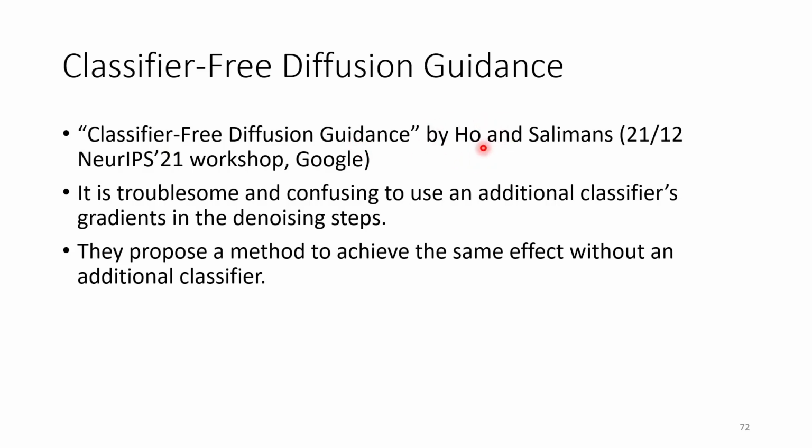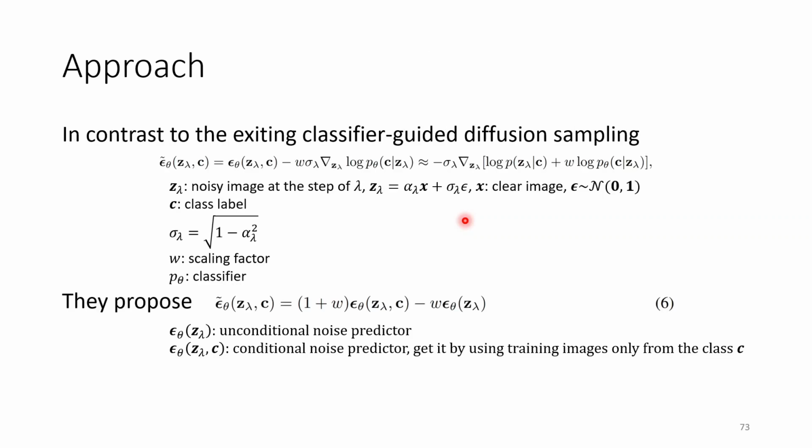So who is Jonathan Ho? Jonathan Ho is the first author of DDPM. So he is the expert on diffusion models. He believes it is very confusing if we use an additional or external classifier to guide the diffusion model. So they propose a method that generates similar results, but does not need an external classifier. So let's take a look at their